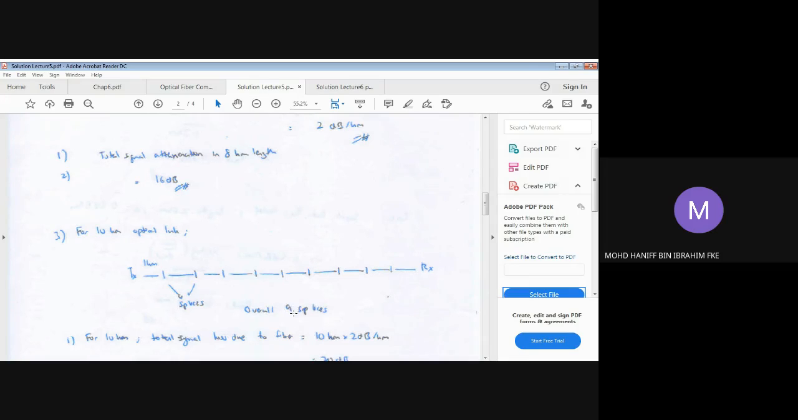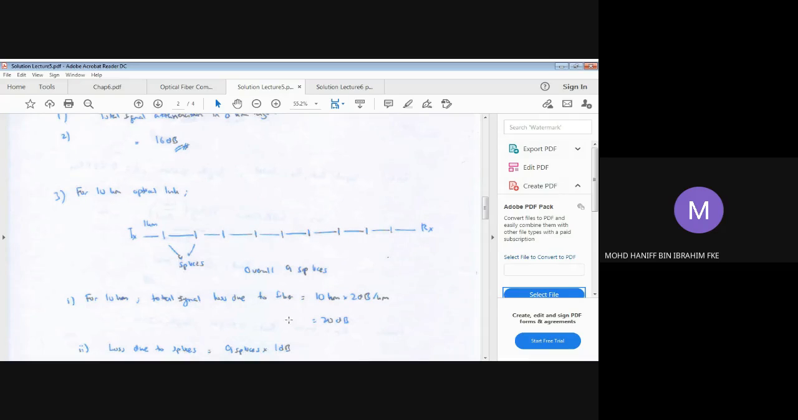Okay, so for that, we know that one splice will give us 1 dB loss. And for the 10-kilometer fiber, the total loss due to the fiber itself will be the length, 10 kilometers, multiplied with the coefficient, which is 2 dB per kilometer, which has been calculated in the first part